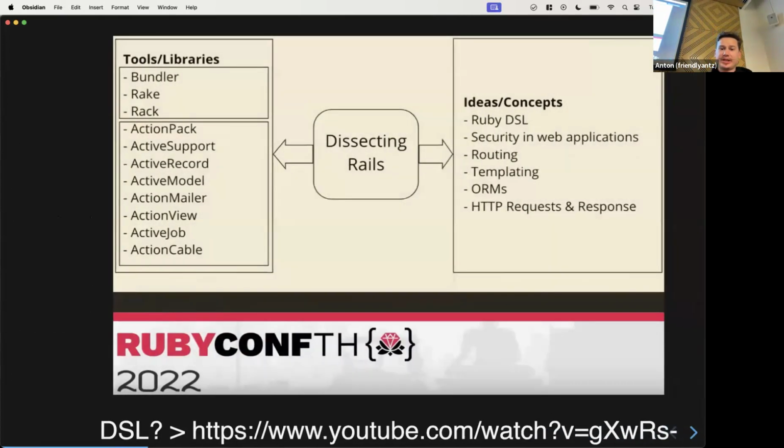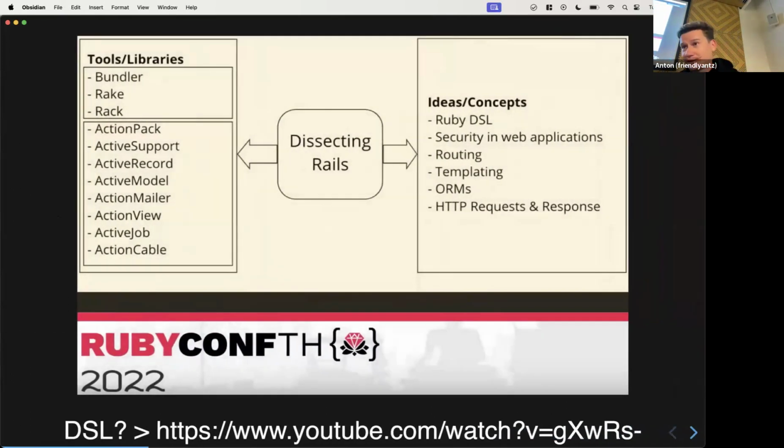This talk was inspired by a talk that Michael forwarded to me. He was in Thailand, at Ruby Thailand. There was an amazing talk 2 years ago. The guy pretty much said that you have to break down Rails to fully understand it, and you have to use all these components listed on the left, like tools and libraries, including Bundler, Rake, Rack, all the parts of Rails, and use them individually in isolation. Try to do some LeetCode challenges and hackathons, and distill them down to all these concepts on the right,